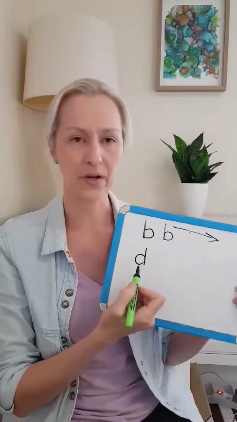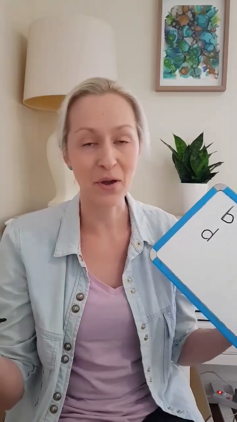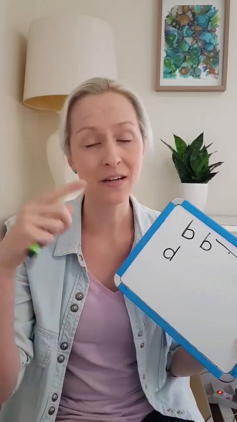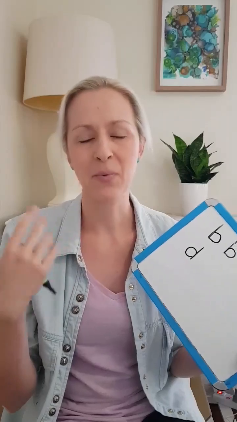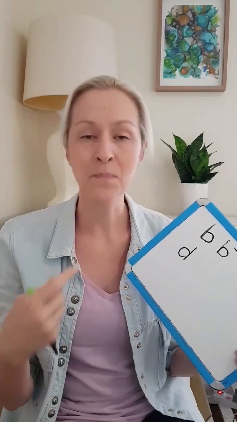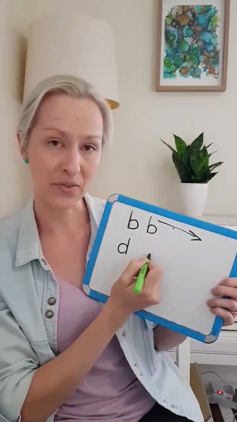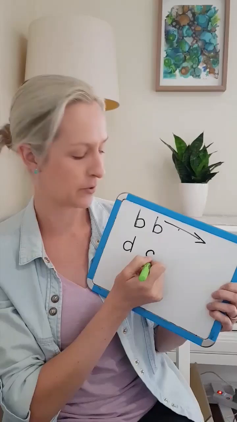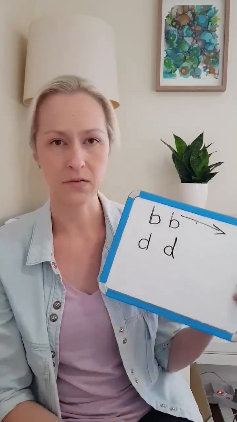So let's see how it works for this sound. When we make the sound d, you can see where I'm going here, is my mouth making a shape more like a stick or more like a circle? And we can exaggerate it a little bit. Normally d doesn't have much movement of the lips, but we can exaggerate it a bit to help this strategy. D, and you can see our mouth makes more of a circle, so we start with a circle, and it's that letter formation that is absolutely crucial here. Start with a circle, up, down, saying the sound as we finish, d,